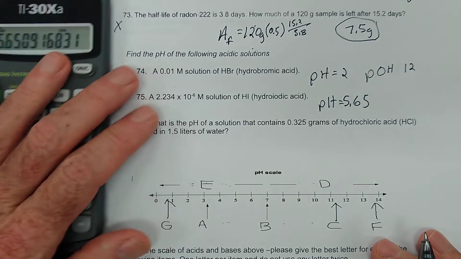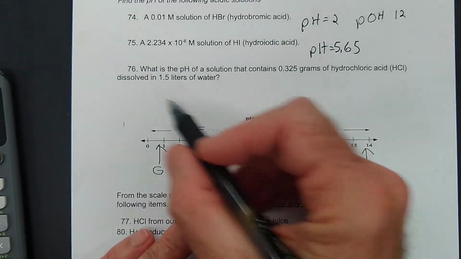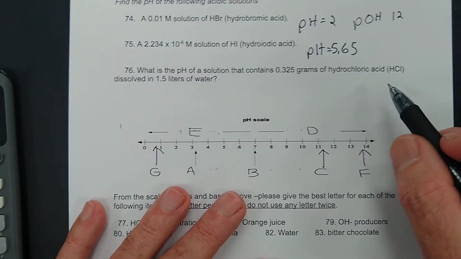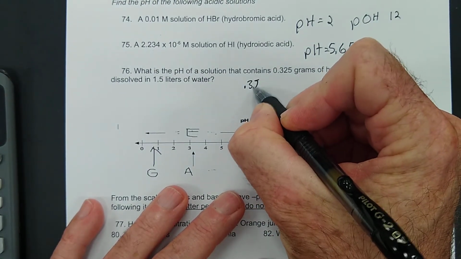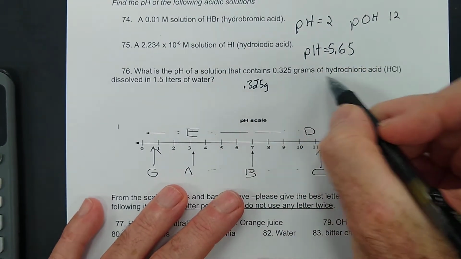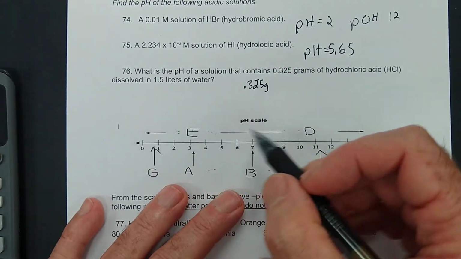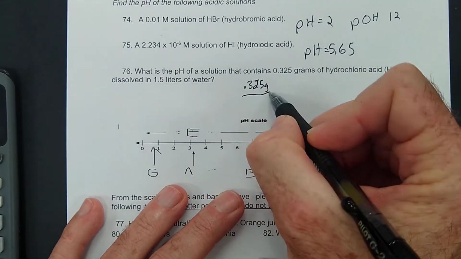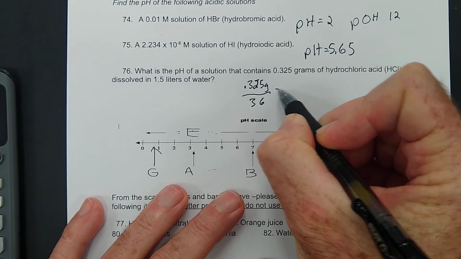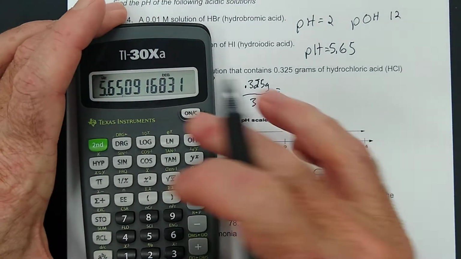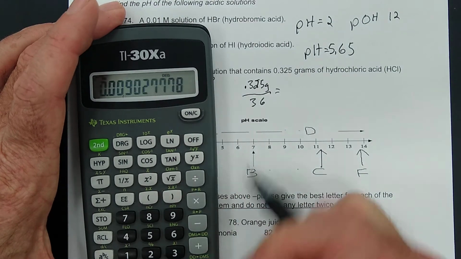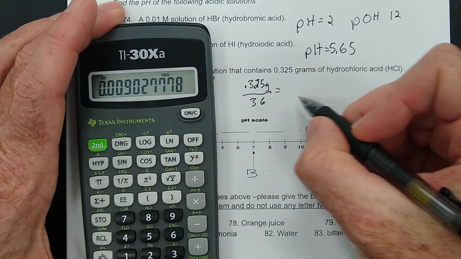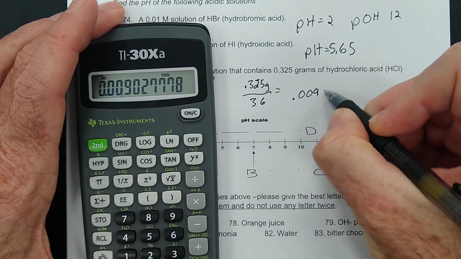Okay, excellent. Last one, this is one where you actually have to do all the math. 0.325 grams of hydrochloric acid in 1.5 liters of water. We need to figure out how many moles that is. So we'd say 0.325 divided by 36. That's 0.009 moles